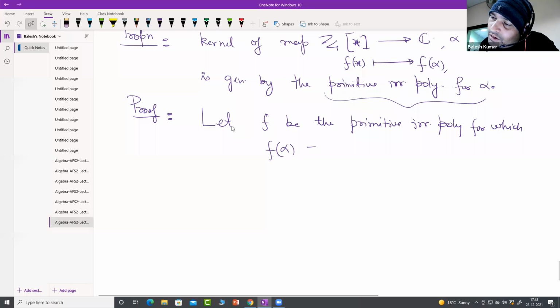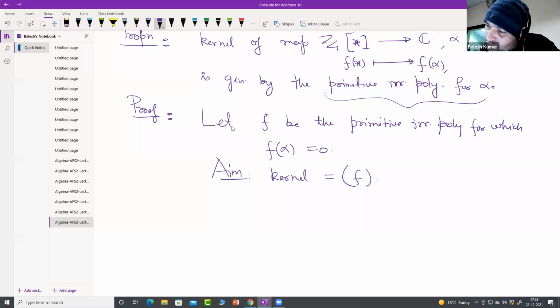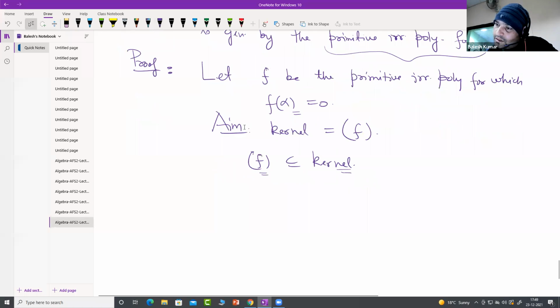Then the aim is to show that the kernel is precisely generated by this f, and that means we need to show that of course the ideal generated by f will be contained in the kernel, just because by the very definition the kernel contains all polynomials with integer coefficients for which f(alpha) is 0. So the ideal generated by this will be here. We need to prove the kernel is contained inside this principal ideal,